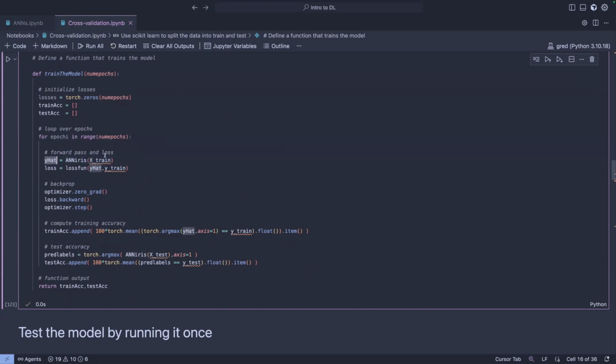The idea of mini batch training is that we're going to take this training data, which is 80% of our data, and break this into even smaller chunks. So maybe chunks of 10% each. What this allows us to do is, instead of passing the entire data to the network at once, pass only a subset of the training data.